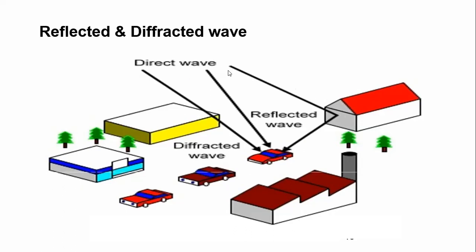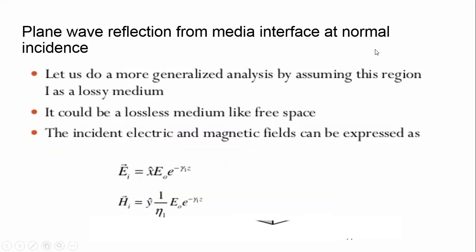Likewise, see here the reflection from the space to the base station, then the base station to the destination of the car, and other views that are also interfering. So these differences of the reflected and diffracted waves can affect those particular signals while you are receiving them while you are traveling or while you are in the car. So this is one example of reflected and diffracted waves.